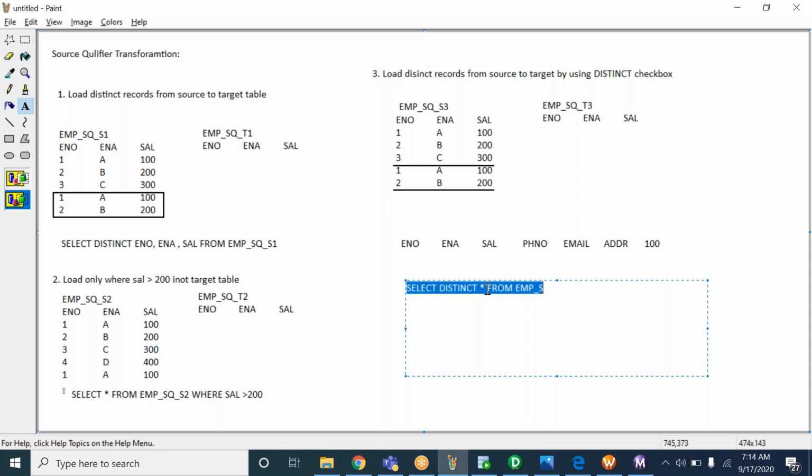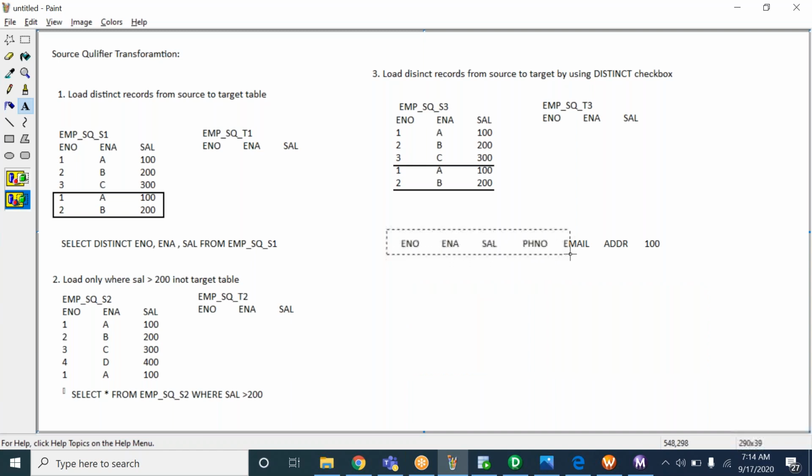Now I don't want to do the distinct on all the 100 columns. I want to do the distinct on these 4 or 5 columns. Even though there are 100 columns in a table, I want to do the distinct only on specific columns, 5 columns or 10 columns.